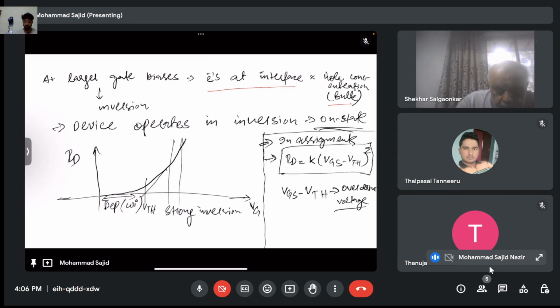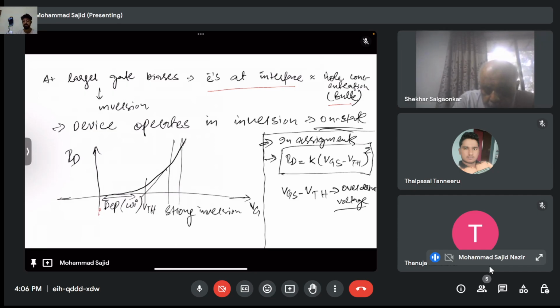So you can see from this curve that it has almost a diode-like behavior. It has a VTH, and once it is above VTH, at VTH plus some voltage, your device will operate in the strong inversion part. So this is the basic definition of VTH. It is the same as when you draw the tangent, and you can get the threshold voltage of the device.